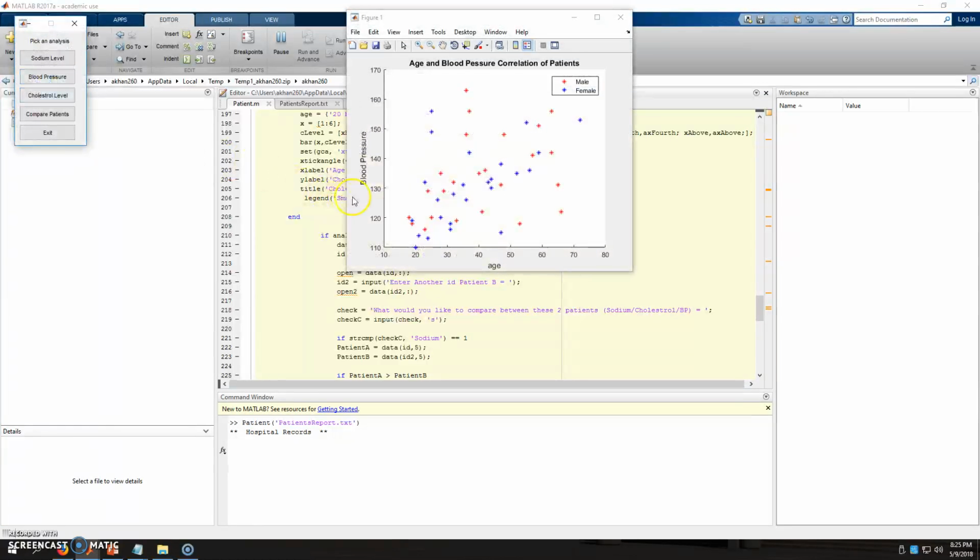So let's go to the next one. Blood pressure. This is the blood pressure between age and the systolic blood pressure, and this is divided into male and female. As you can see, the male is the red one and female is the blue one, and you can see that the older patients have a higher systolic blood pressure level, and that's it. Next one,